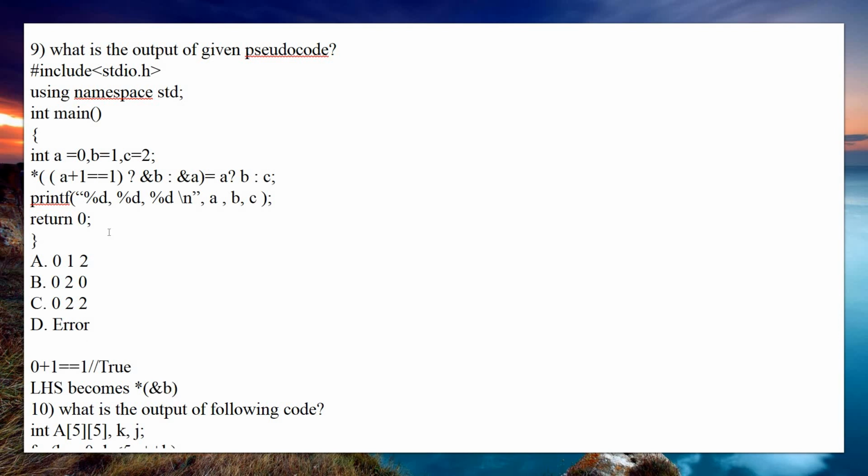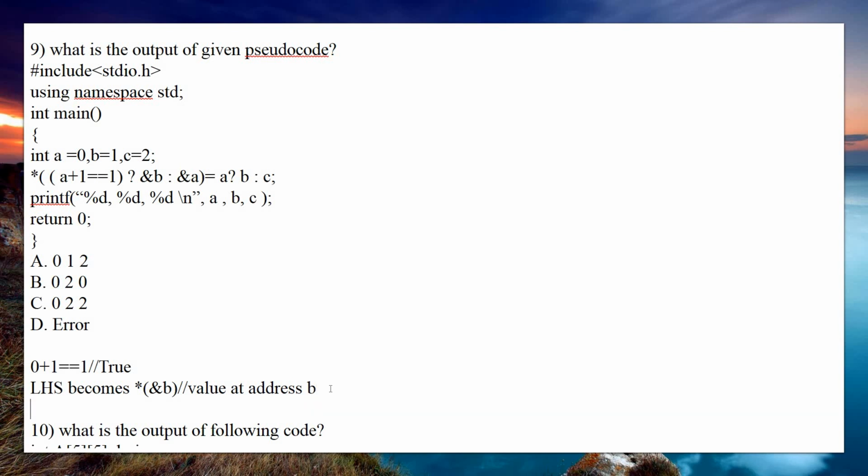So what is the address of b? Here we shall consider it as the value at address b. See here, we have a star and an ampersand. The star is the pointer to the address, the pointer which is pointing to the address of that. Now the pointer points to the value. If you say only star b, it will print the address of b. But we have star ampersand b, which will point to the value of b. So it points to the value at address b.